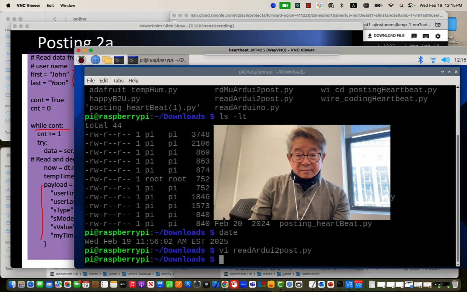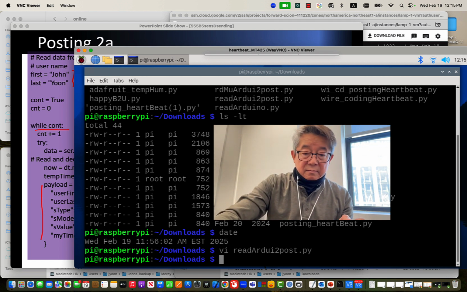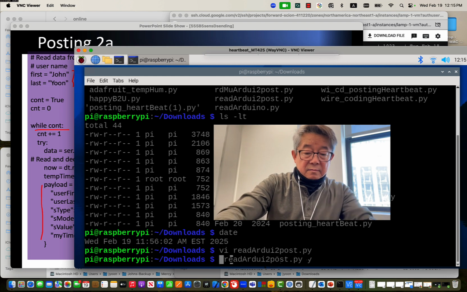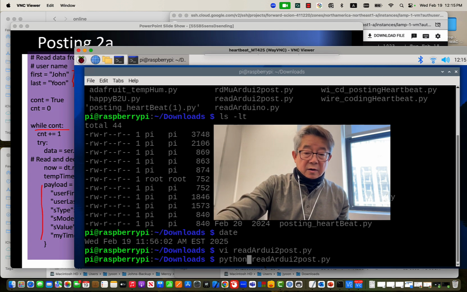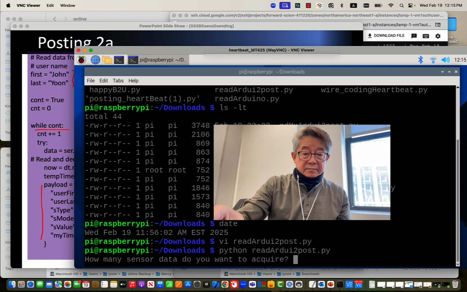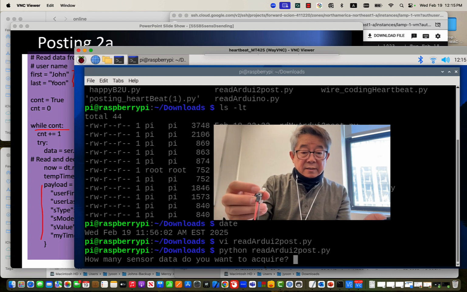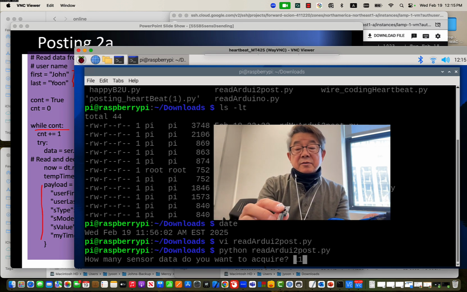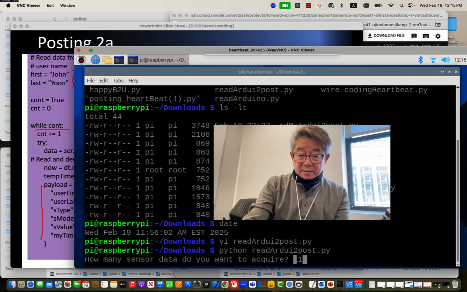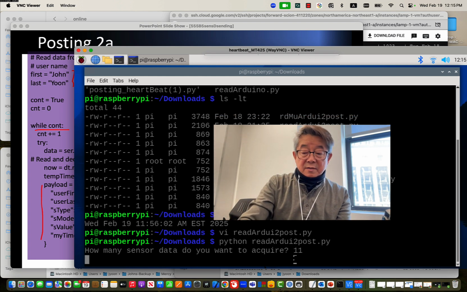Now I can run Python. How many sensor readings do you want to acquire? I would say 11 times. Meanwhile, I need to touch this, my heartbeat. So when I hit enter,